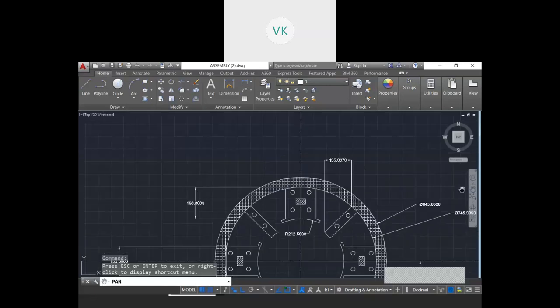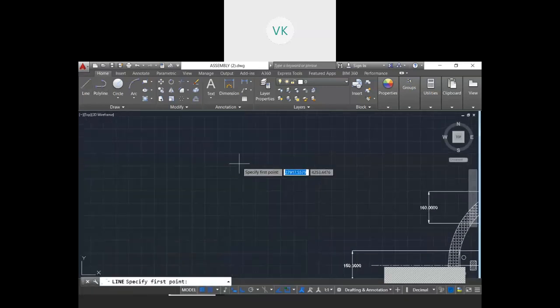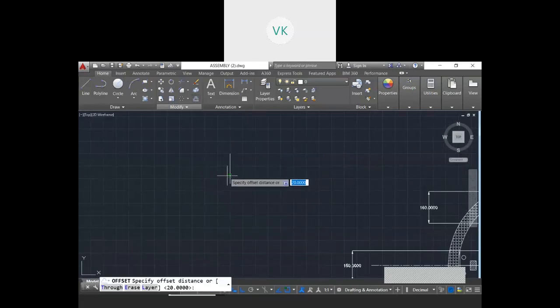That is one. And one more thing I was telling in the beginning, suppose say that I have a pole here. Let me draw, say around 150 mm pole. Okay, here if they are not given what is the height of the pole, so let me take the offset of this is around 180 or 160.